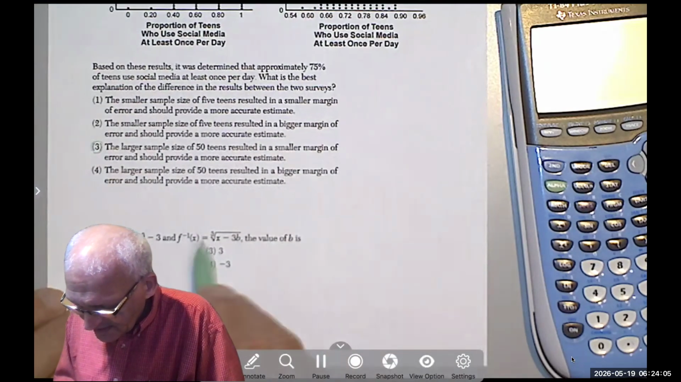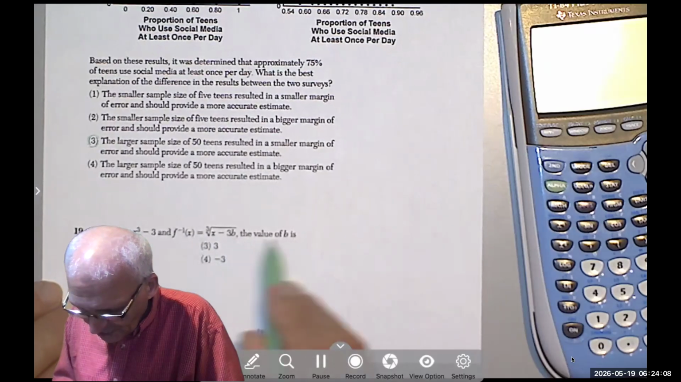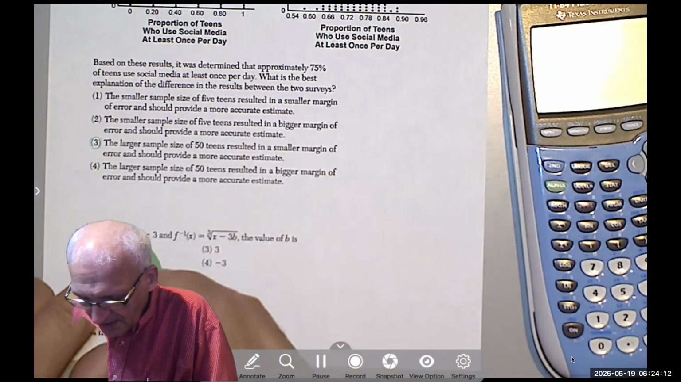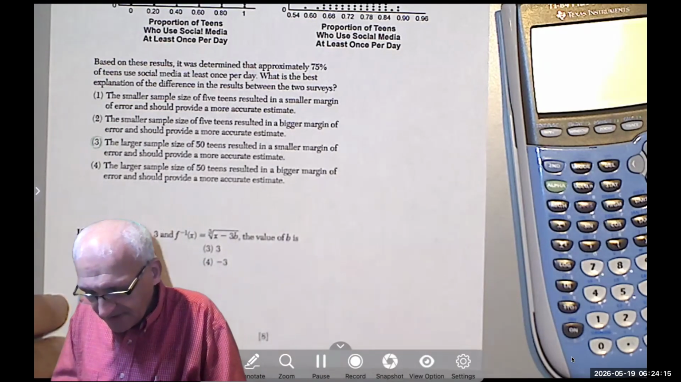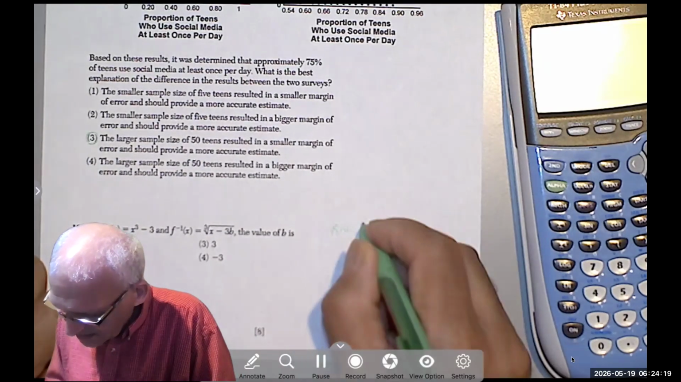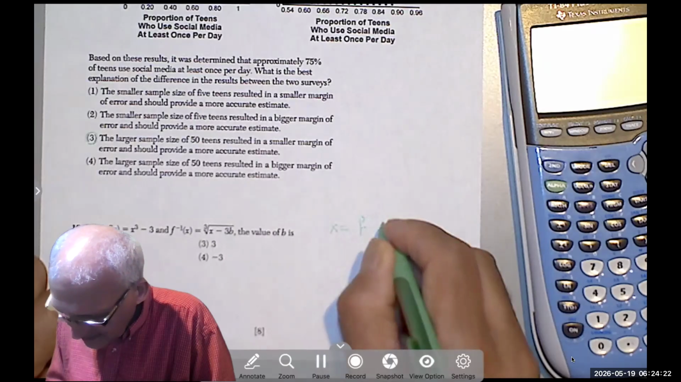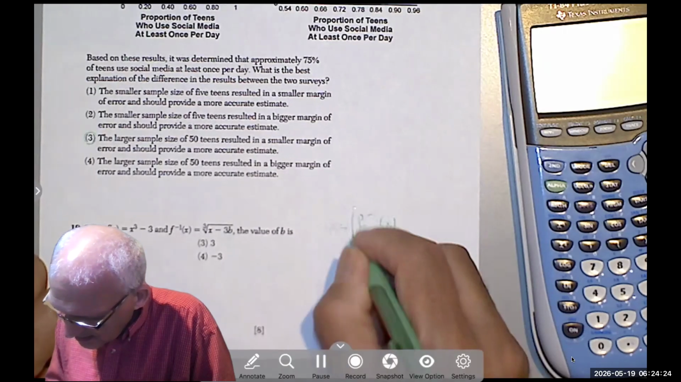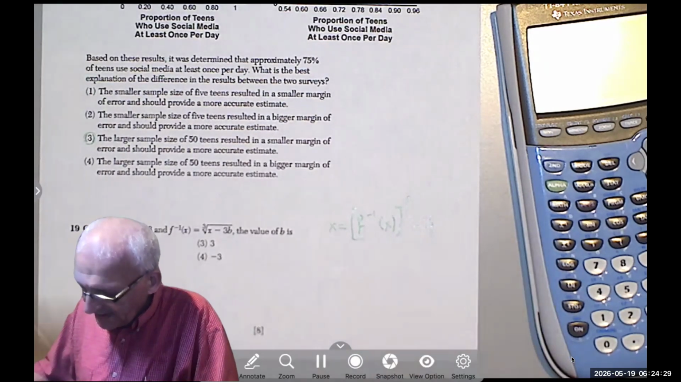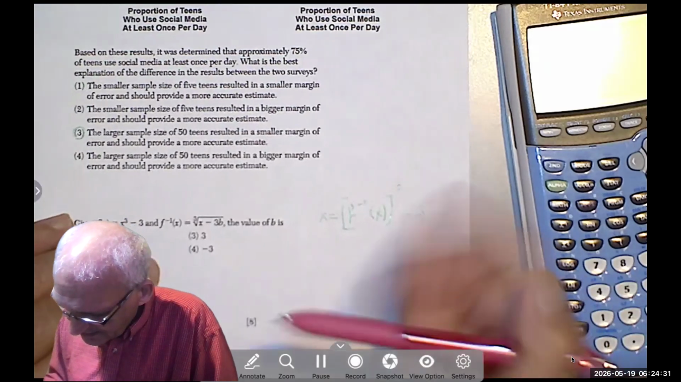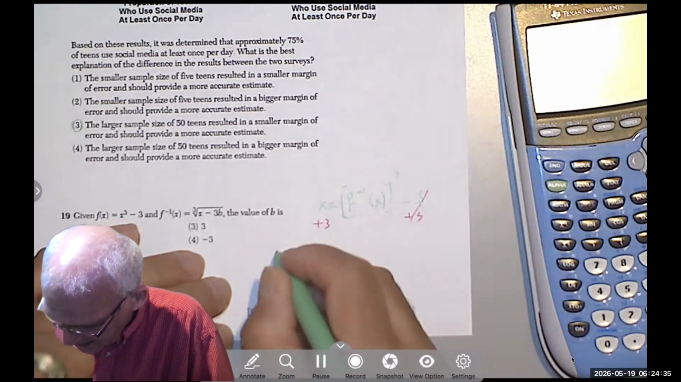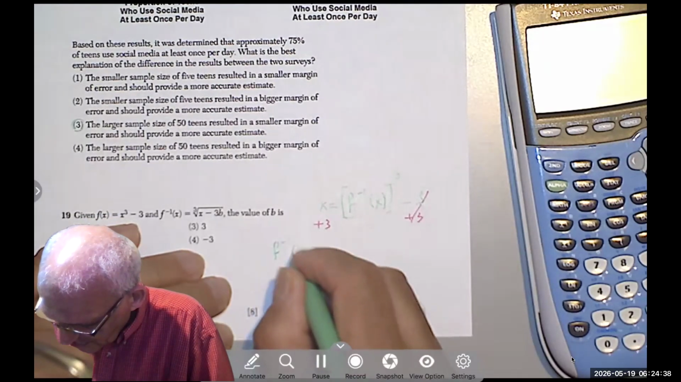Given f of x and inverse, the value of b is. When you solve, you redo it, you find, notice that to find the inverse, we replace the x and the f of x. So that would be x equals inverse of x cubed minus 3. So I have to add 3 to both sides. And I get inverse function of x